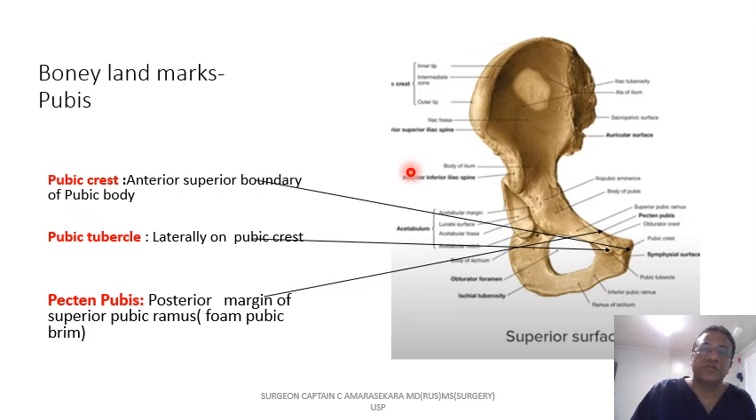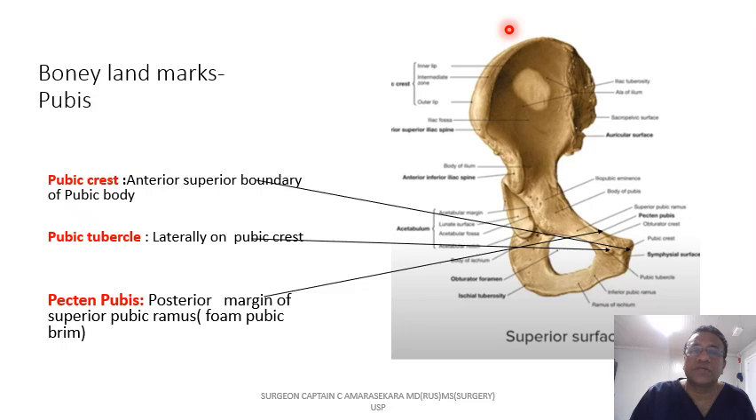So finally we'll go into the pecten pubis. It's the posterior margin of the superior pubic ramus. So here you can see this pecten pubis. It makes the posterior margin of the superior pubic ramus, and it's a part of the pubic brim. It provides attachments for the pectineal ligament and contributes to